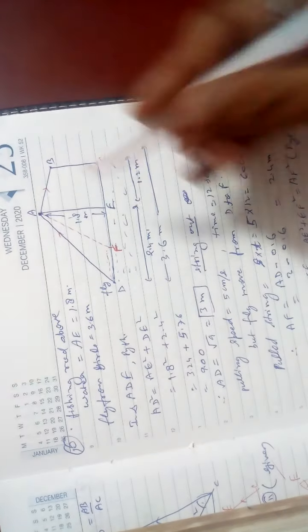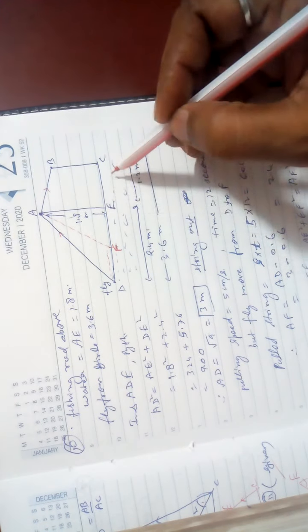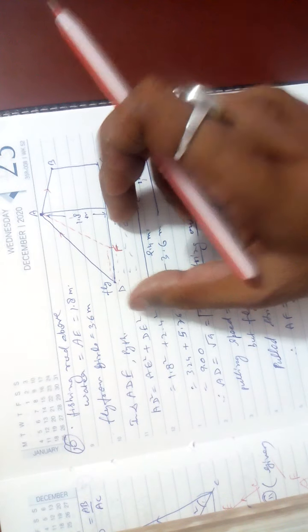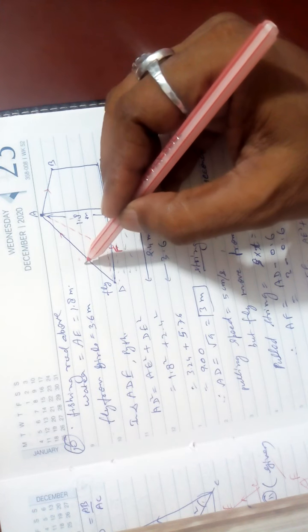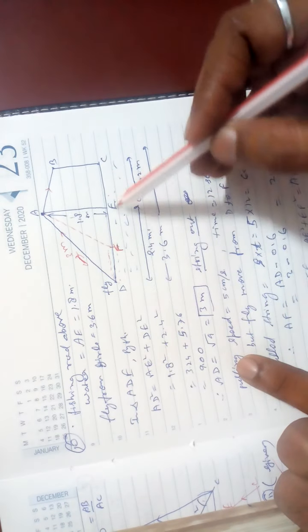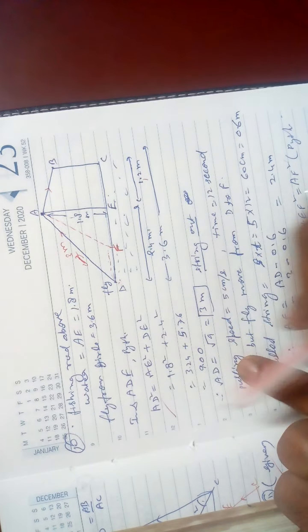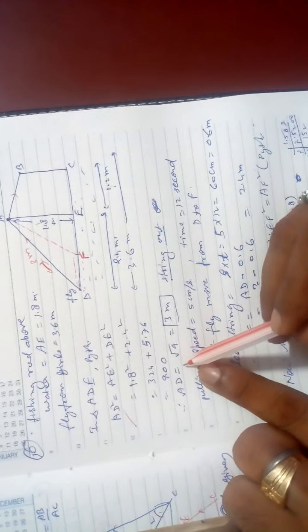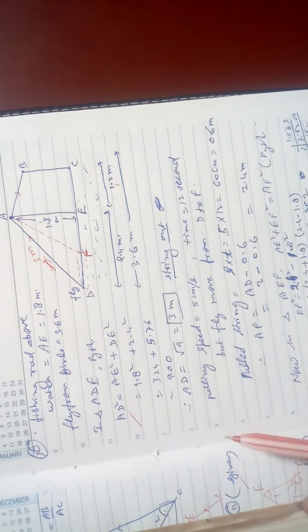There is a figure already given. I have drawn it in the form of A, B, C, E, D, everything. It is given 1.2 meter, it is given total 3.6, and it is 2.4. Everything is given. So the first question is, you find out this part. You are getting 3 meter. How? By calculation. Pythagoras in triangle AED: AE square plus DE square is equal to AD square. I am applying. Getting 9. 3 meter string out.